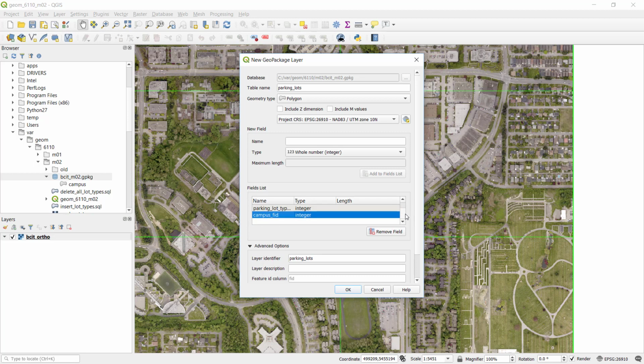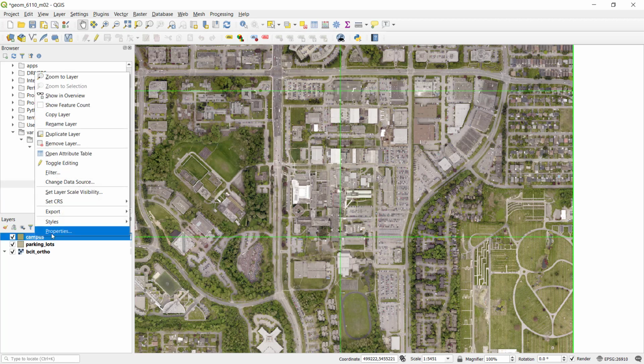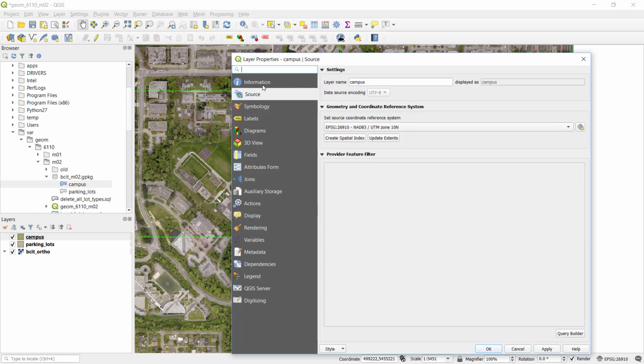I got name. I can link into the parking lot types, and I can link into the campus maybe eventually. And I will go okay, right? I'm just going to, did that feel, well, we'll see. Parking lots came in. Did campus come in? There's campus. I'm just going to make sure I can